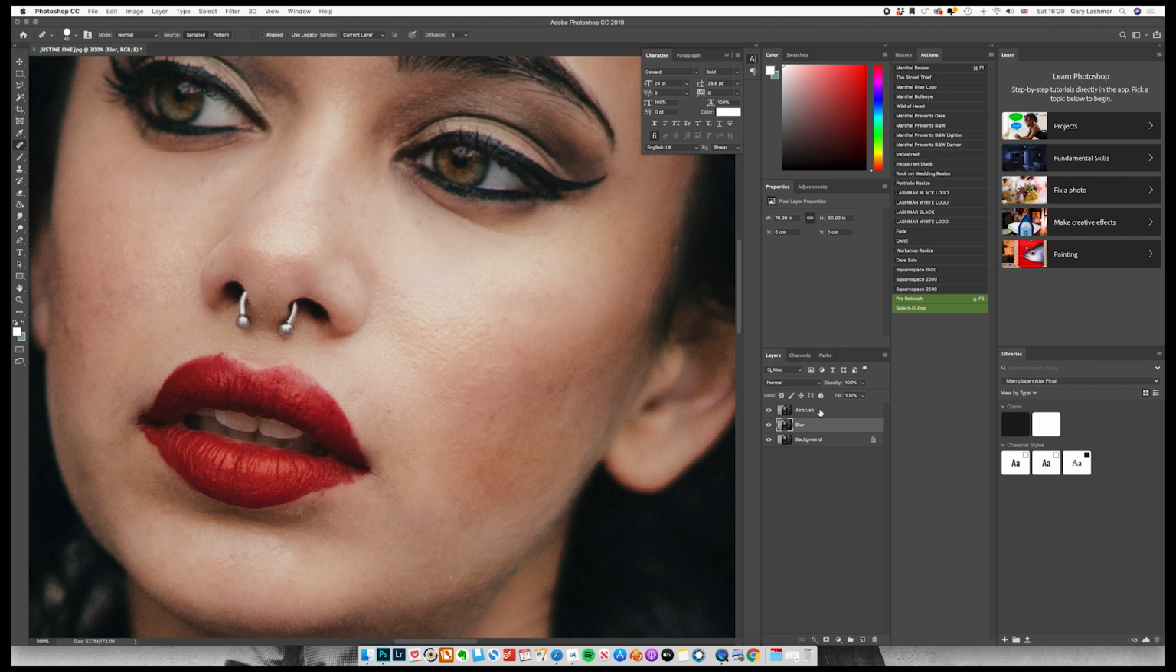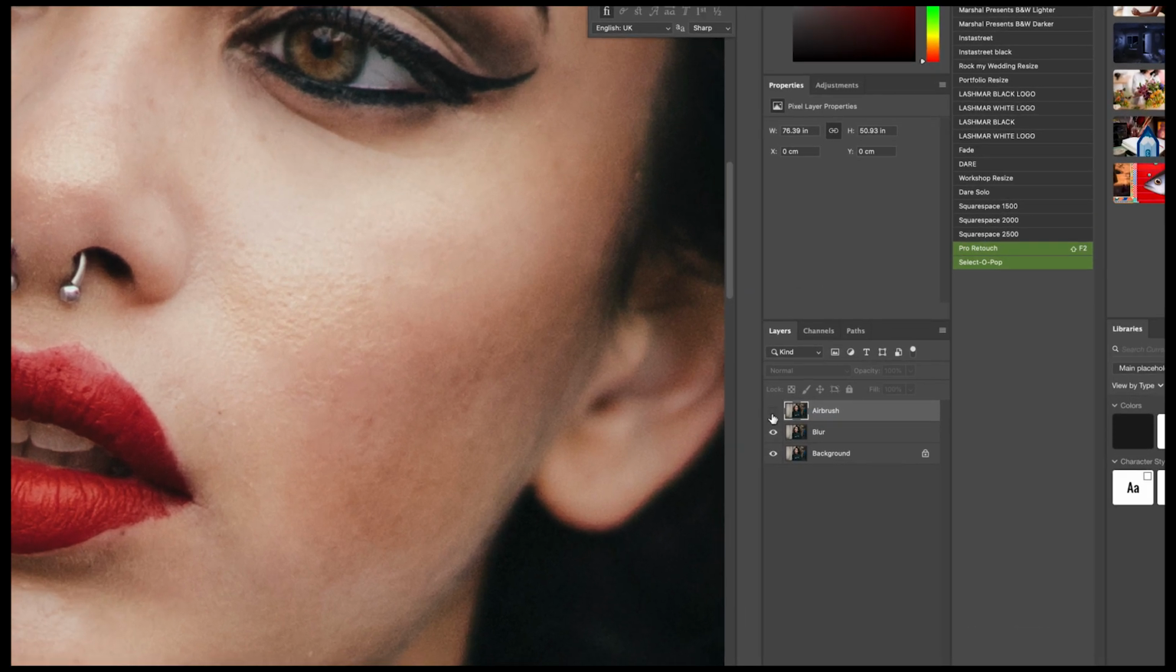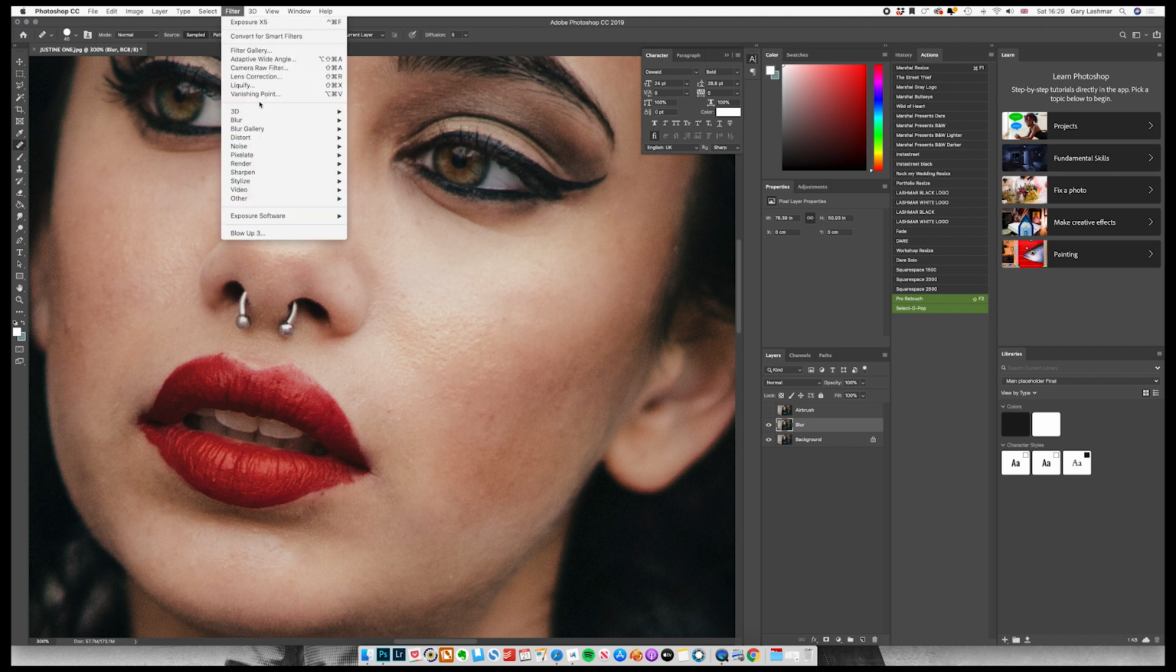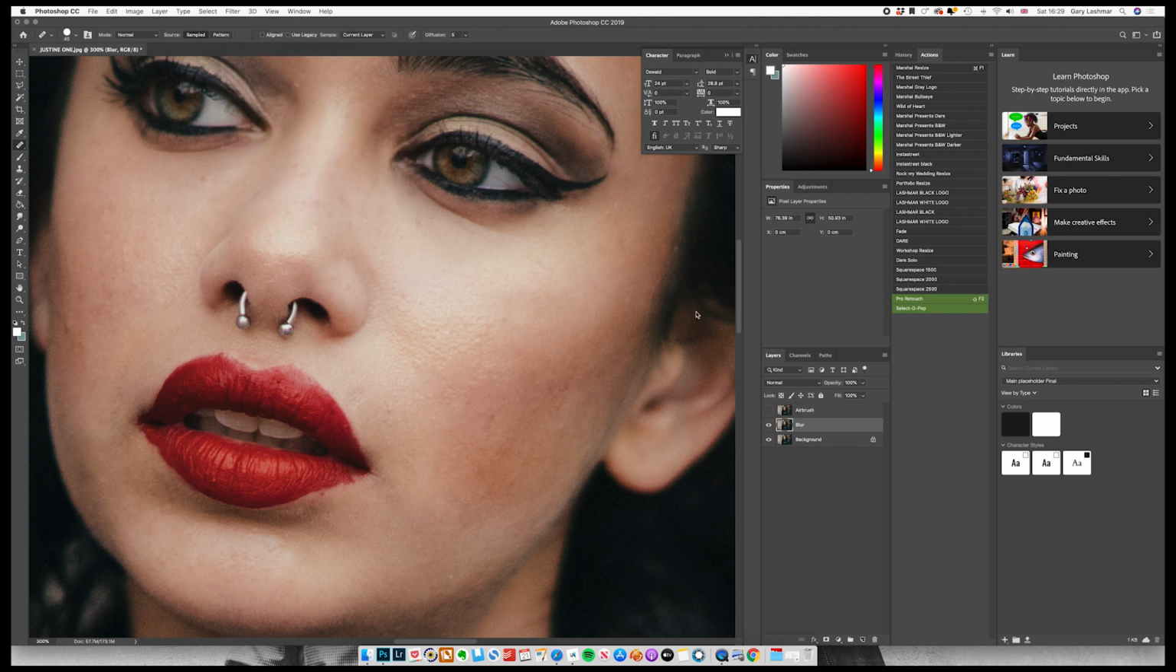I'm gonna show you why we're doing that in a sec. And then what we do, the top layer, Airbrush, we're gonna turn that off, okay? So you have the little eye icon next to it. You turn that off, and then we're gonna drop down onto the blur layer, and then we're gonna go up to the menu bar at the top of the screen, Filter, Blur, Gaussian Blur,